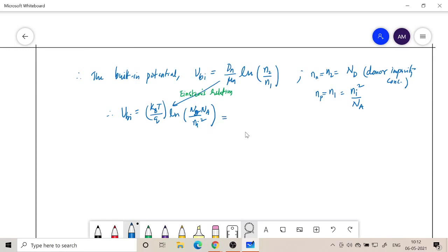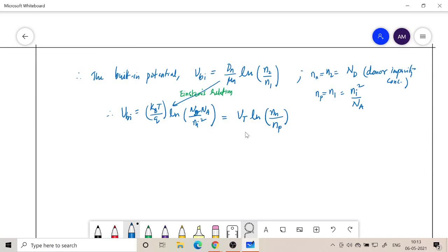Okay, because the n side gets plus charges due to the electrons leaving from the n side to the p side. And kBT by q I can also denote as VT, and if I write n2 as nn, okay, that's the relationship that we will make use of for furthering the derivation. So this is basically the expression for the built-in voltage.